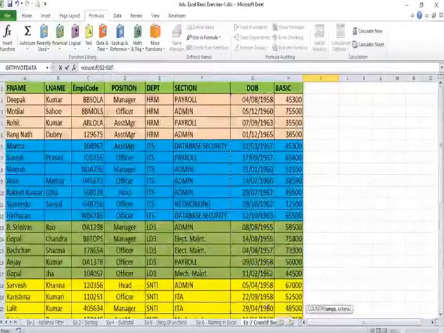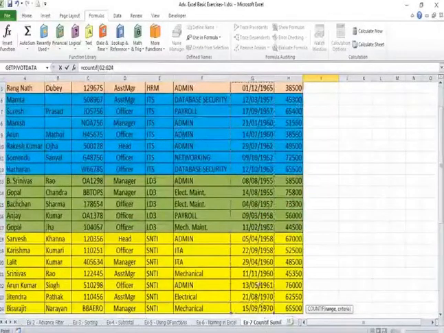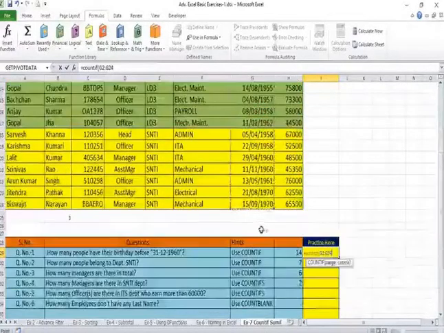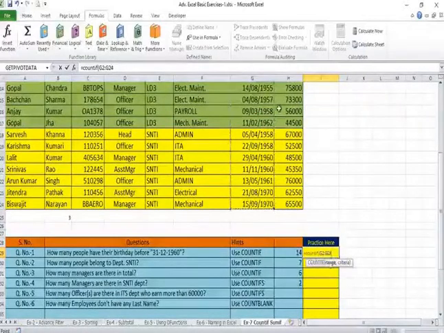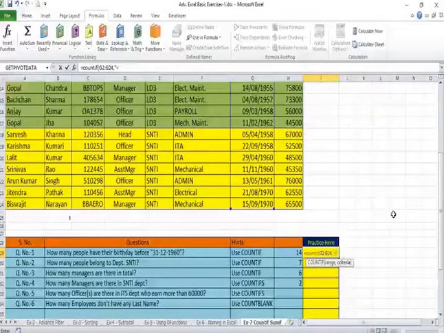So select from here to here. If you create a name, you can use that name, but since we have not created the name, we will use this range. Put a comma. Then within the double quotes, you will have to write less than and write the date.